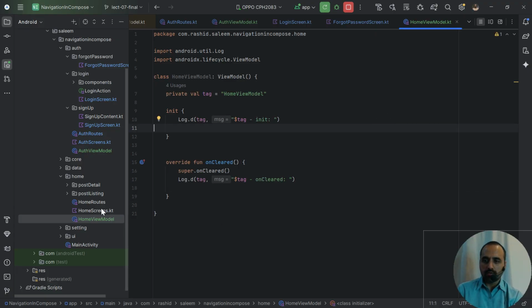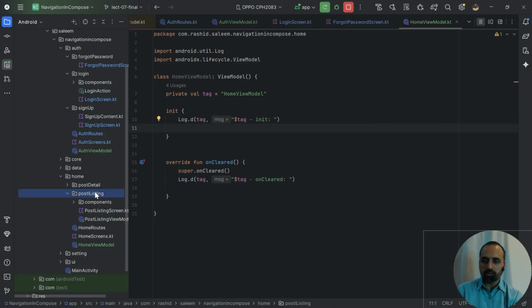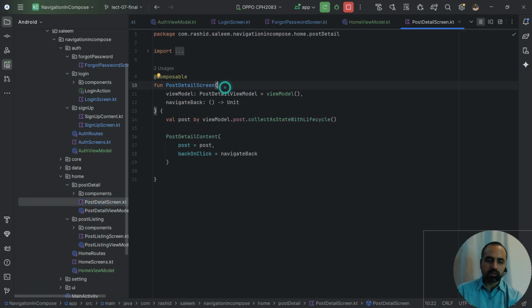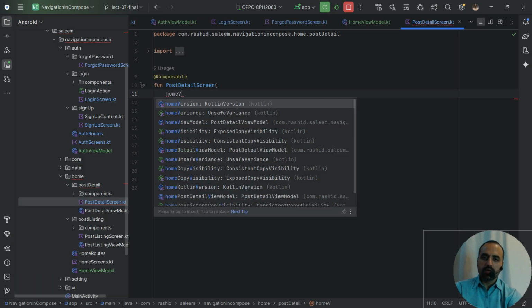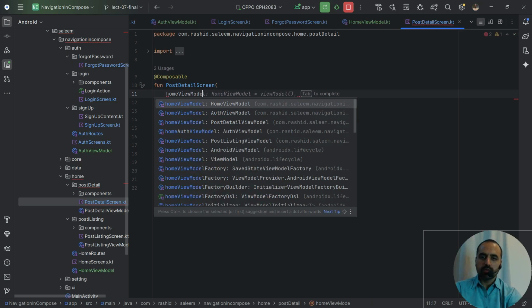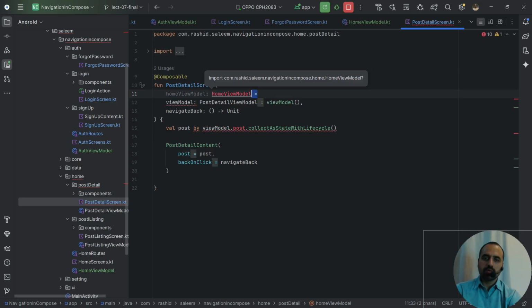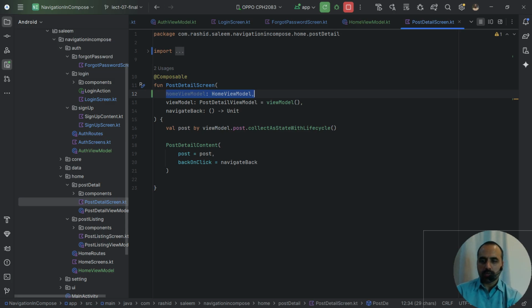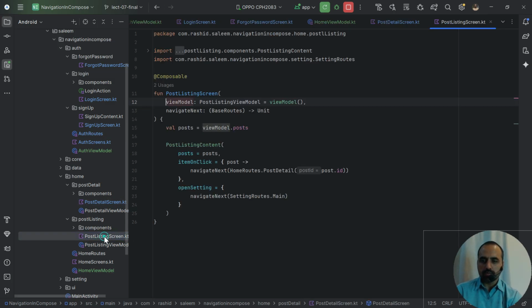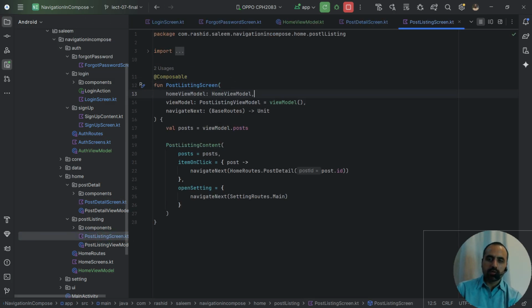And now we need to pass this into post detail screen. In here we pass HomeViewModel, press Alt Enter to import it, and copy this from here and go to post listing screen, paste it in here,